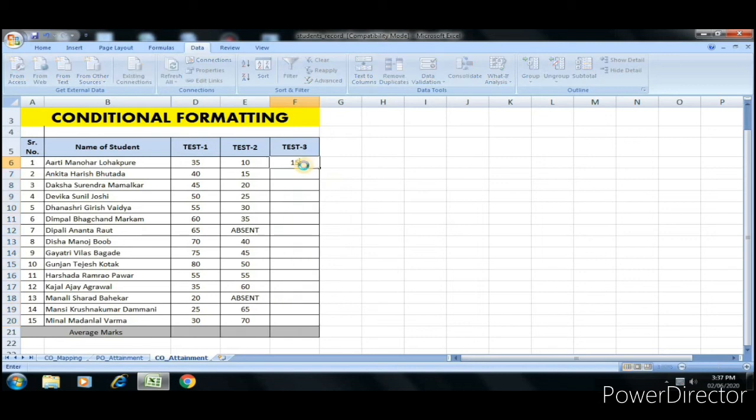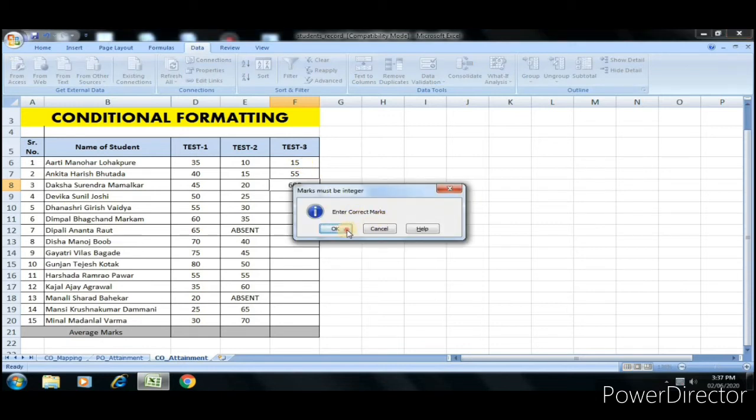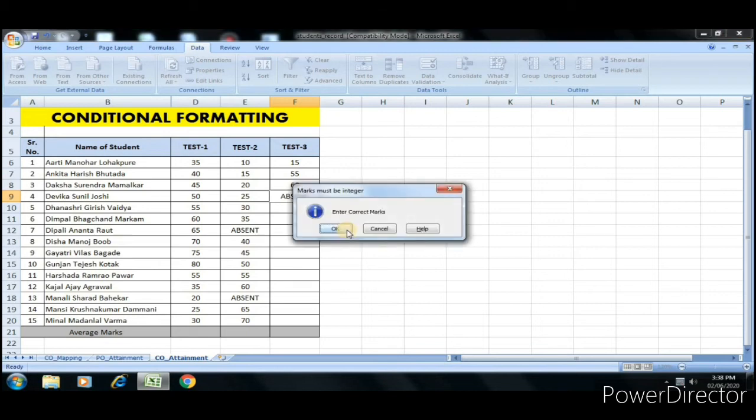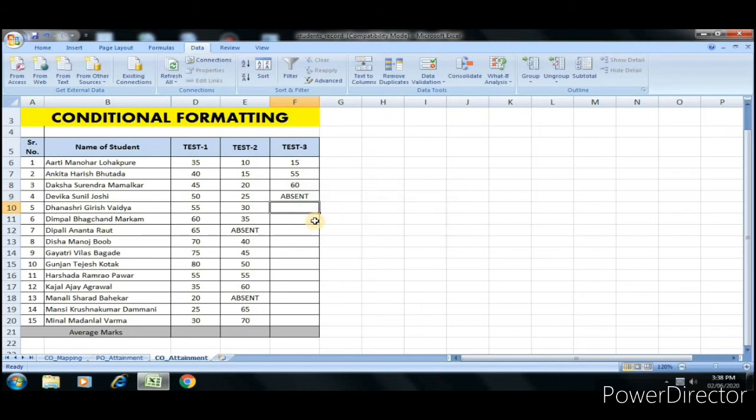Now see, if we start the data entries 15, 55, it allows. If I have to insert 60 but by mistake I have entered 600, then it only gives the information, but it allows the unvalidated data entry. Manually I have to correct it. If I insert absent, then again it is unvalidated data entry, that's why it gives me the information, but it allows it. I insert all the remaining. Now I have to insert 100 but by mistake I have typed 1000, then it gives me the information only about the unvalidated data entries.